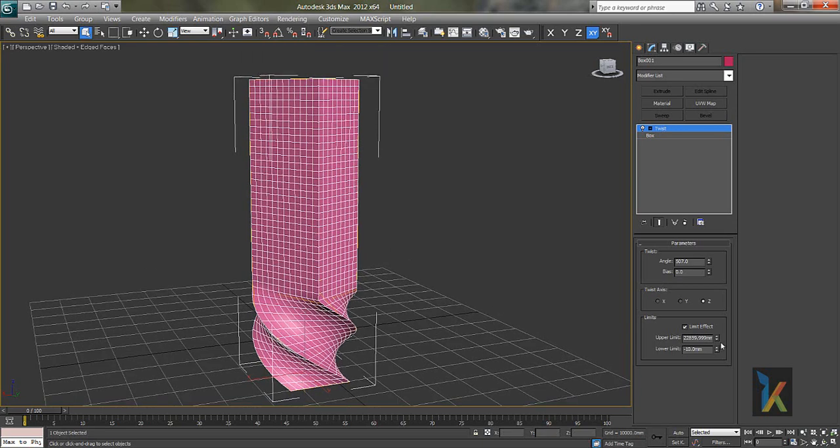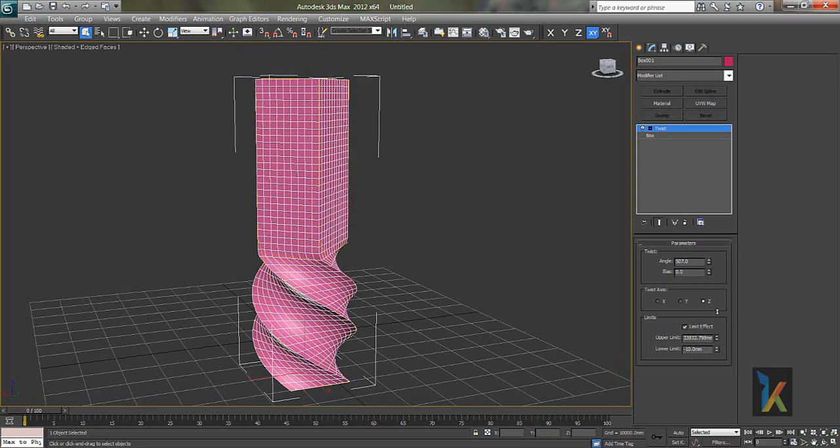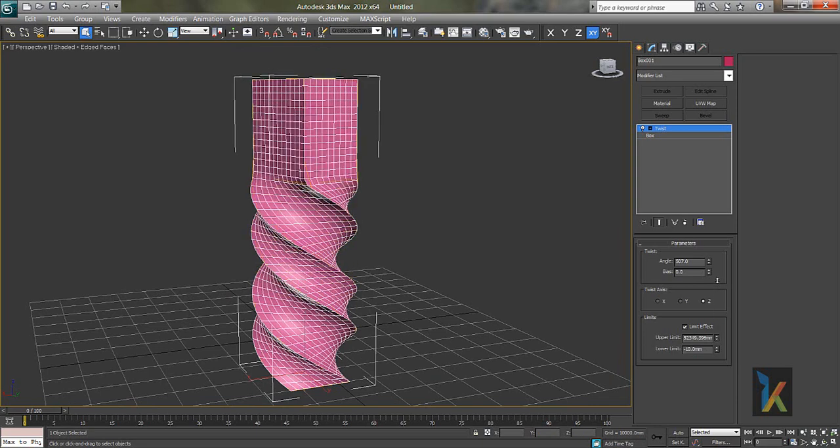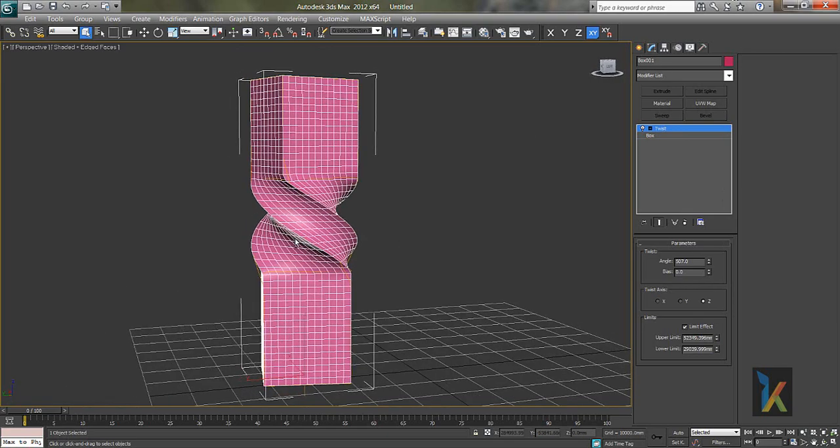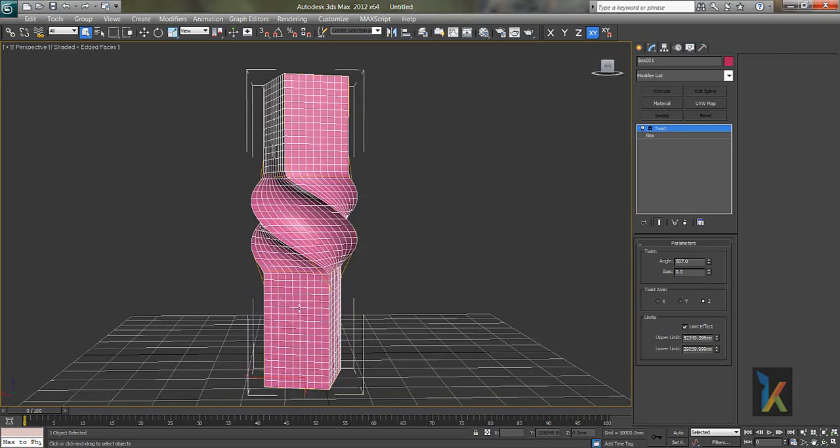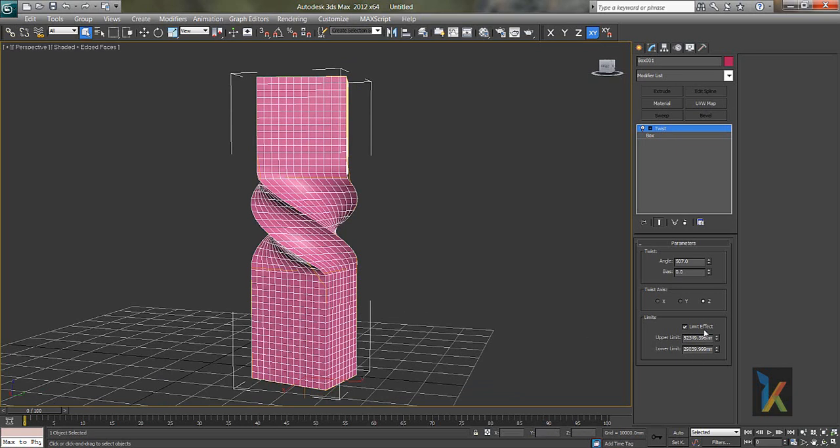So you can do like this, limit upper to increase the effect, or you can come down with the lower parts. I want only some part like this. So only some part is affected, the rest up and down is not affected. So this is how we can work with limit effects.